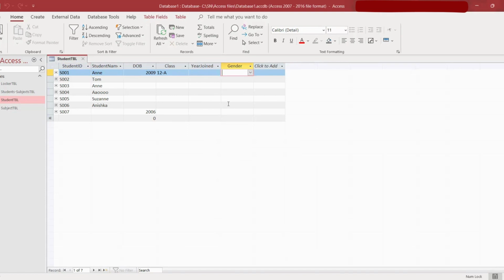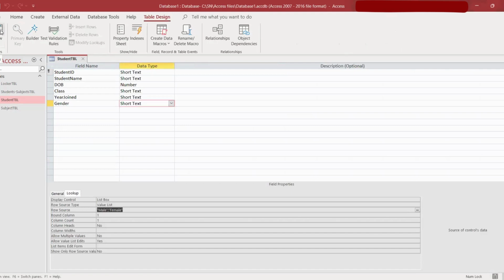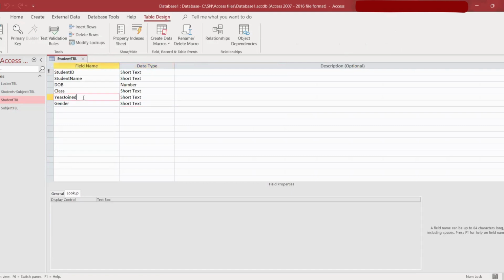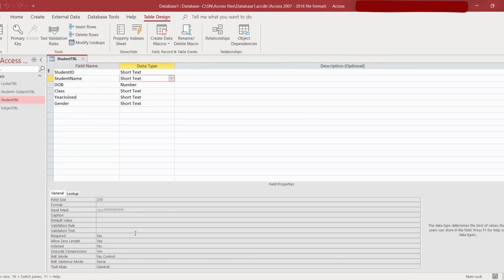Next, let's go to presence check. Presence check is where it checks whether the field has been entered. For example, if they give a student ID but the student name is not entered, that will not be allowed. So for example, if you go to design view and we go to student name again, right? So we have also put